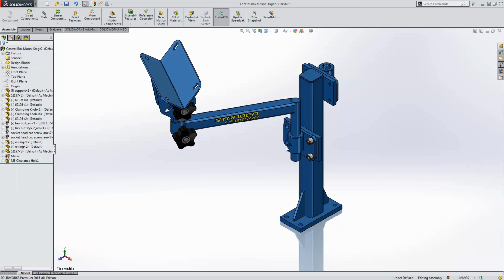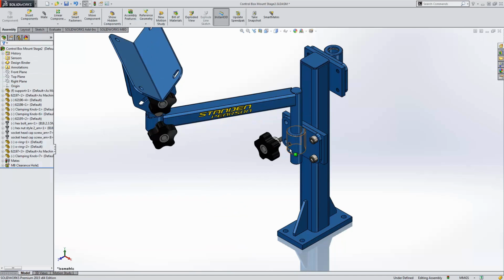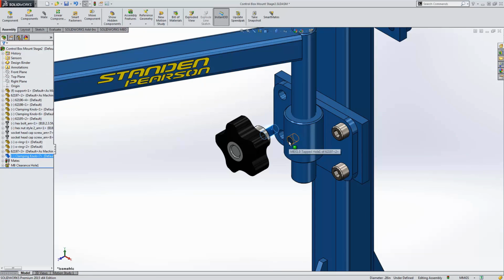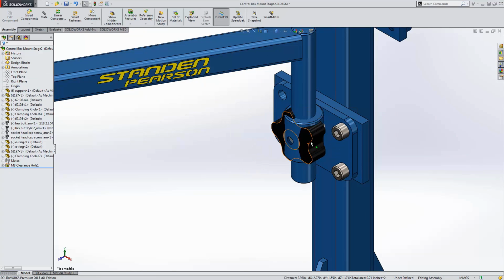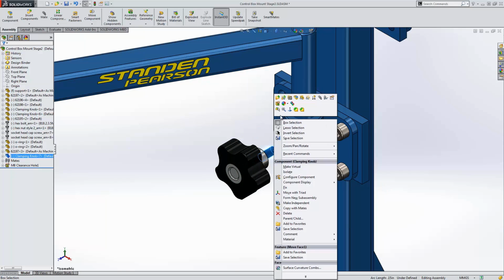Another knob needs to be added to our assembly in order to lock down the vertical shaft of our arm. Using the standard Insert Components dialog, you'll see a new menu that's available. This menu allows us to predefine the rotation and the orientation of our knob prior to insertion, allowing us to quickly and easily add this to our assembly and already have it in the right orientation for mating purposes. Go ahead and add a concentric mate to this, as well as a tangent